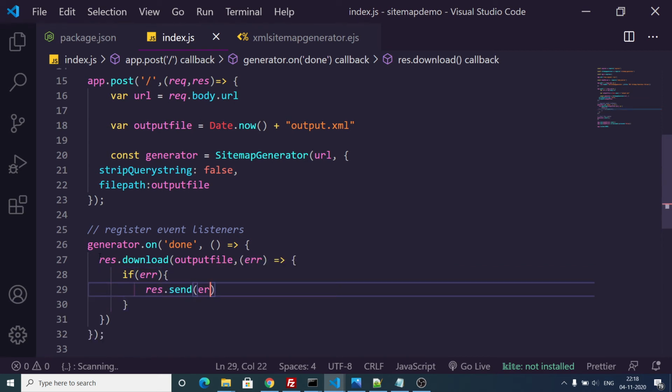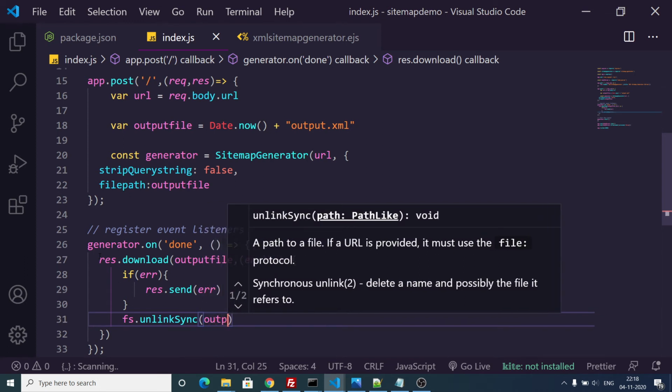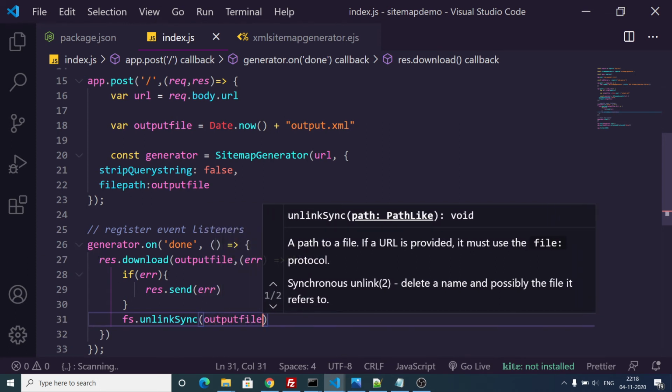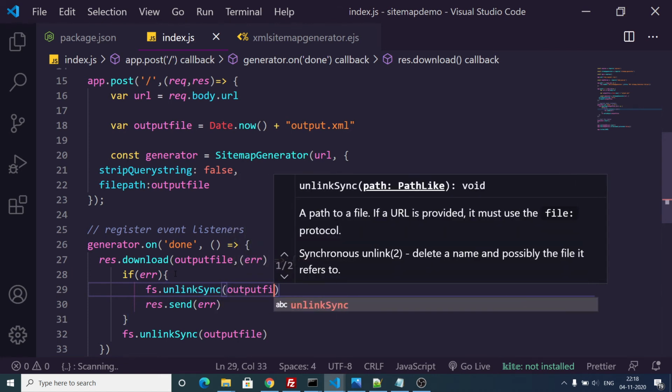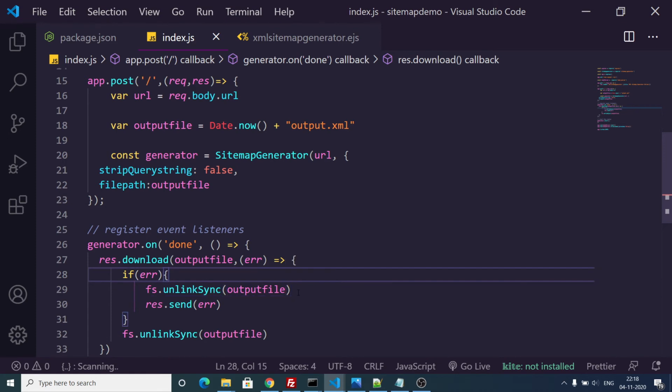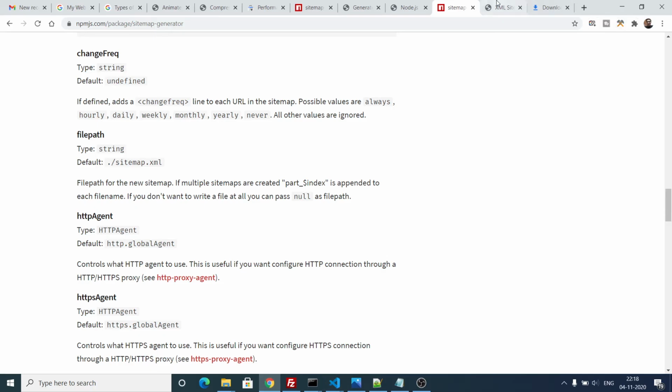If no error takes place, then we can first of all delete this sitemap file from the server also. In case any error takes place, then also we need to delete this sitemap like this. And now the application is complete, guys. Now we can test this application.